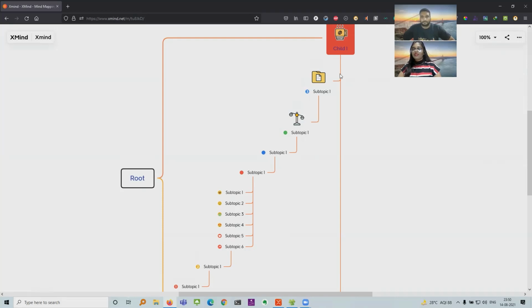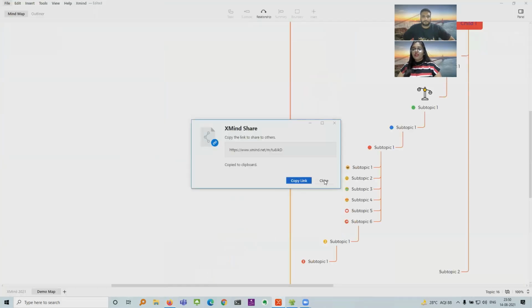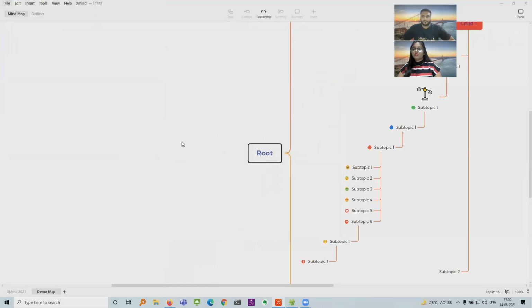This tool really helps us when we are taking notes, or when we are studying and we want to make some notes about it. We can just create those mind maps, and it is so simple that you don't have to sit and write paragraphs and do stuff. You just have to create it.